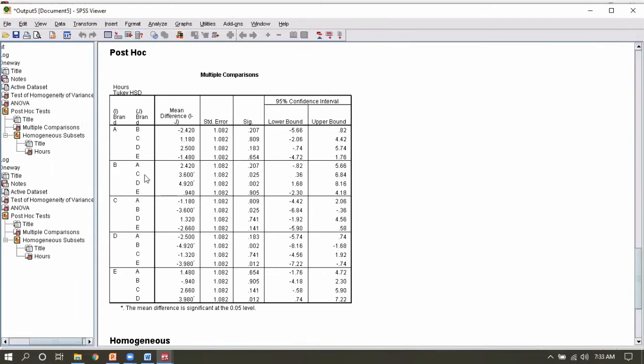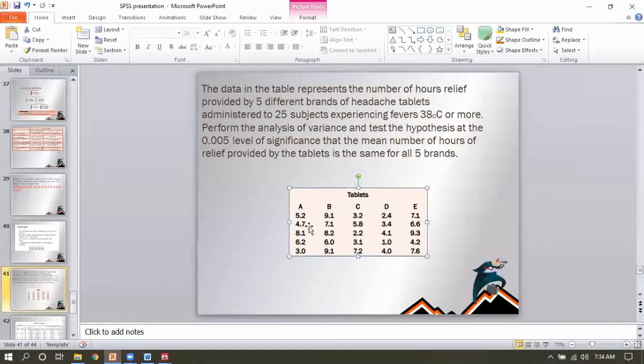If you compare B with C, there is a more significant difference than B with D, which has a less significant difference. C with B again shows a more significant difference, and D with B there is a bit less. So we conclude that B and C have a more significant difference. In our question, you can also see that B and C have a more significant difference, and B contains higher values also.